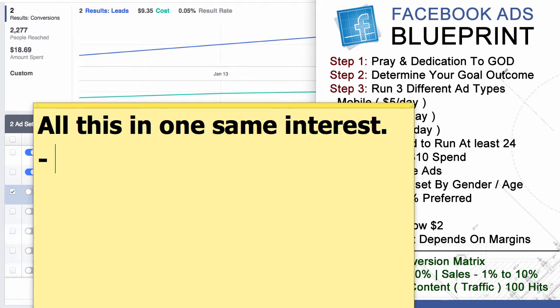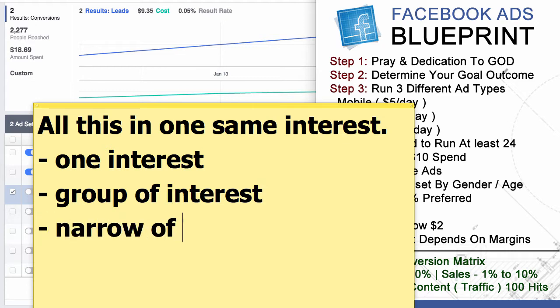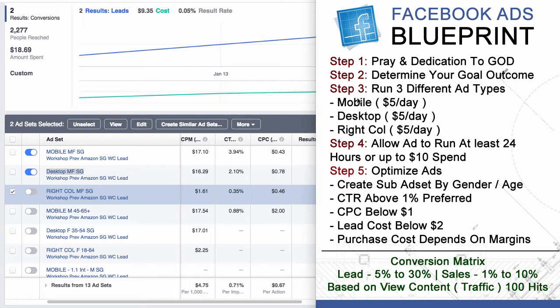You can do one interest, or you can do a group of interests, or you can do a narrow interest. In this example, I'm using a group of interests, which means I mix a few similar interests together. So all 3 ad sets have the same interests,